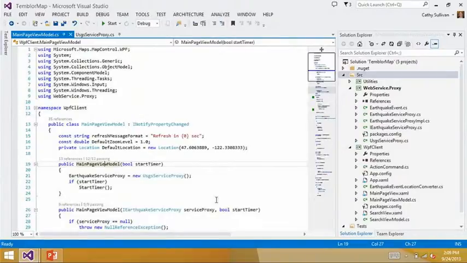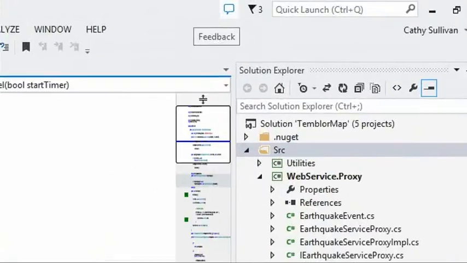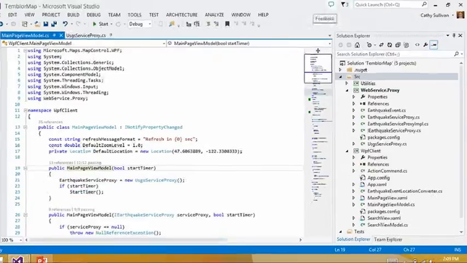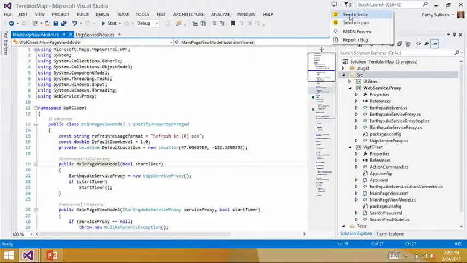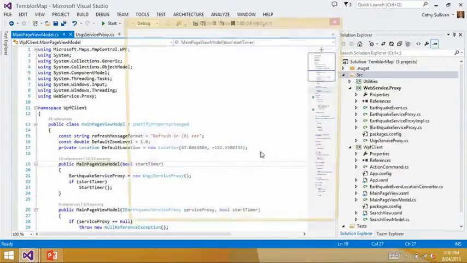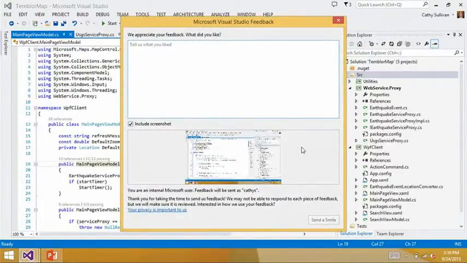Now, if you have some other very quick feedback that you want to send us, you can head up to the upper right-hand corner next to Quick Launch and the Notifications badge, and you'll see a feedback bubble. And from within here, you can either choose to send us a smile or send a frown. And if you send us a smile, you can include a few details on what you liked and also include